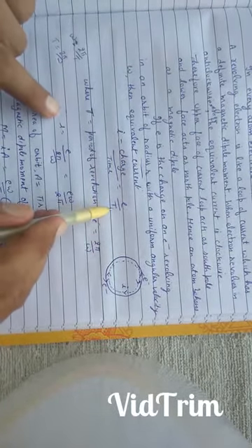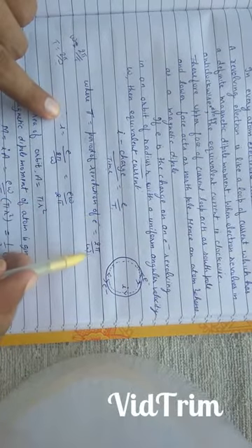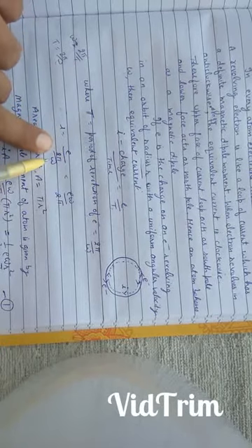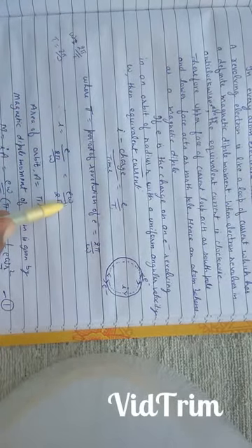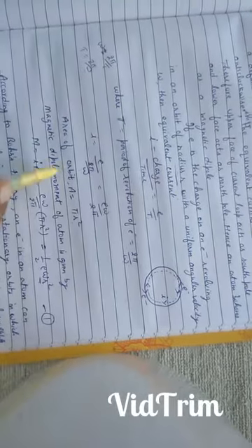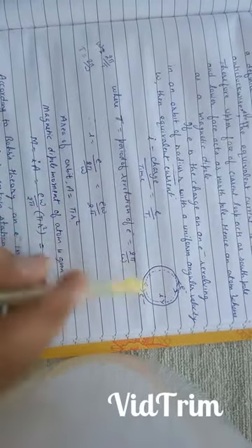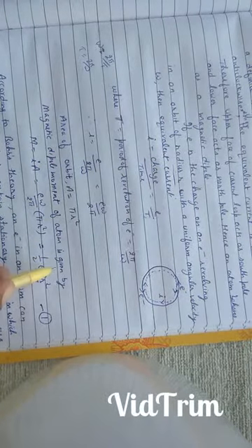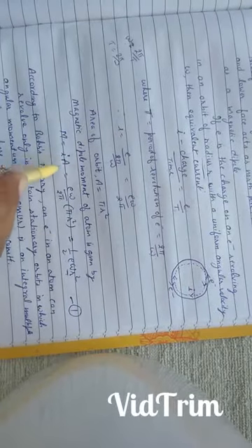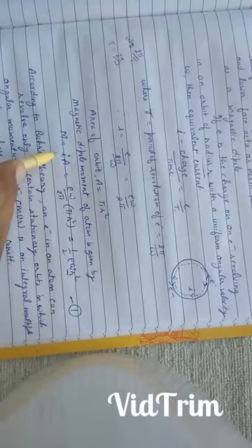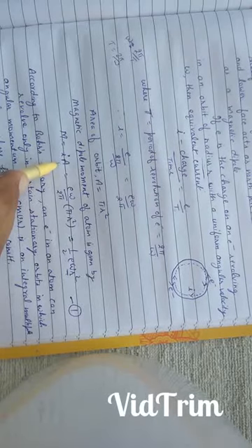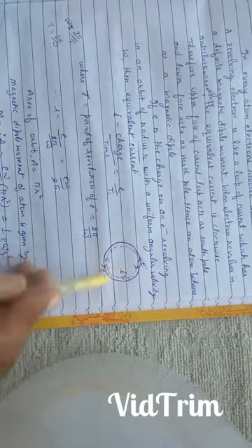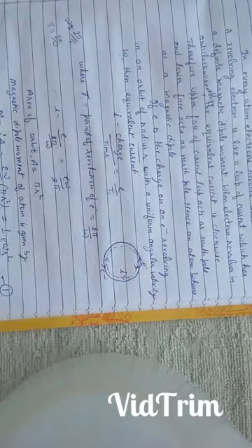Therefore, in this equation, we put in place of T, 2 pi upon omega. Therefore, I is equal to e upon 2 pi upon omega. Taking omega to upper side, this becomes e omega upon 2 pi. Now the area of the orbit is pi r square, where r is the radius of the orbit. Now magnetic dipole moment of the atom is given by m is equal to I A. I is the current flowing through the loop and A is the area enclosed by the loop. Because the electron is revolving in a circular orbit which behaves like a current loop.